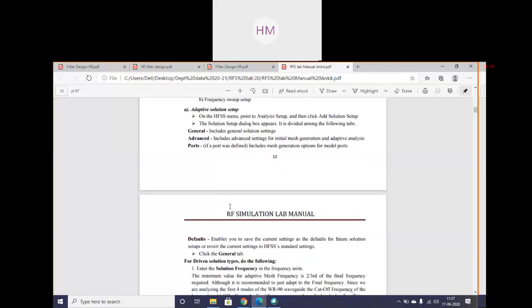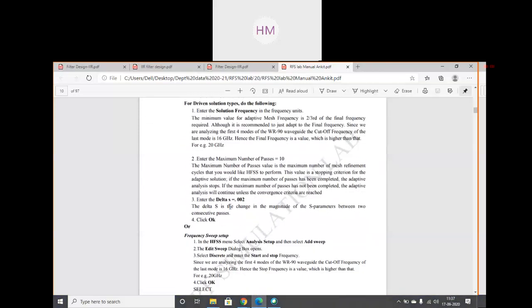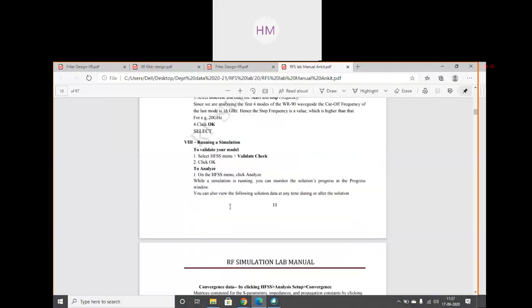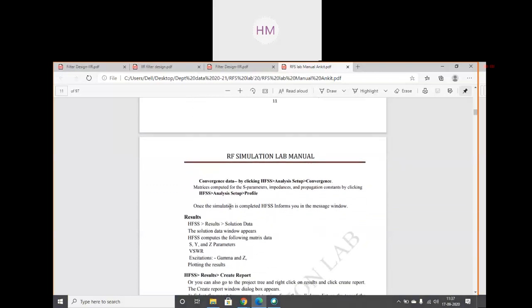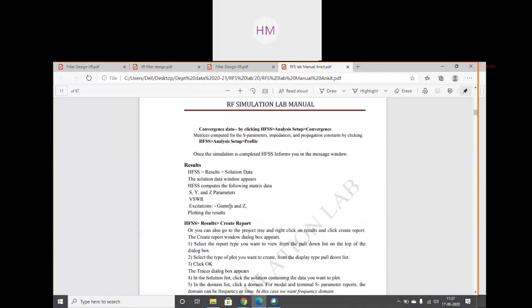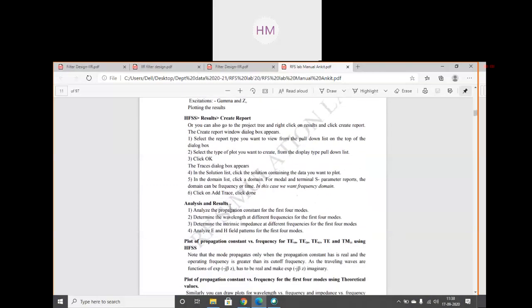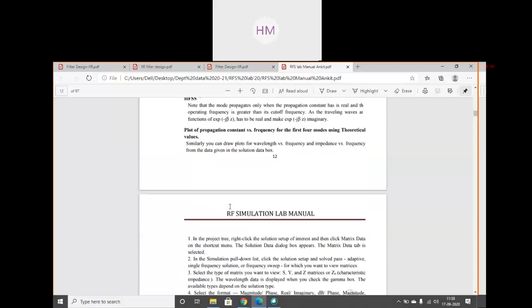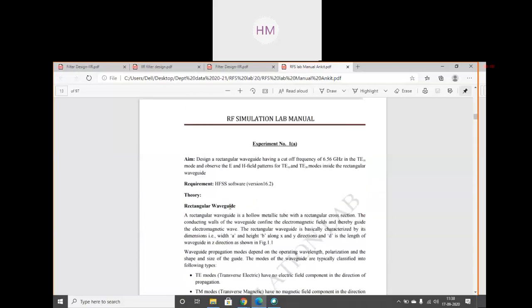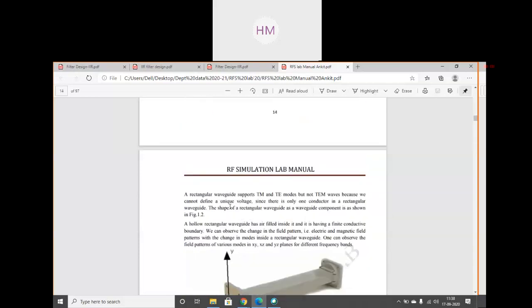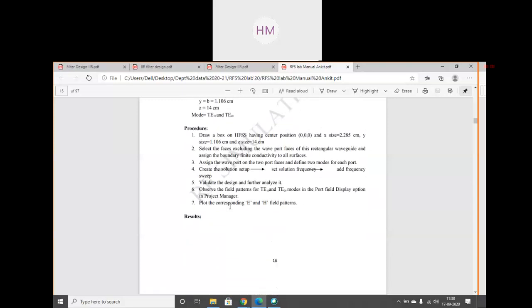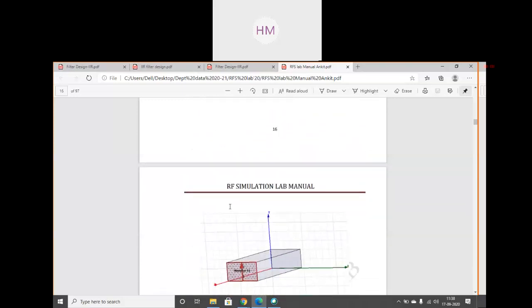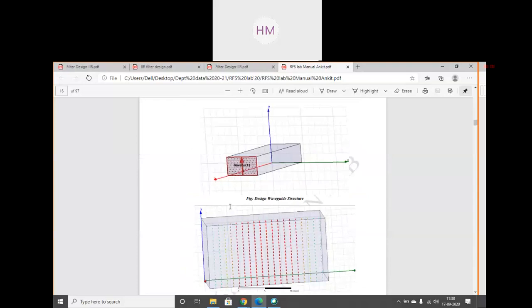We gave the starting frequency and ending frequency, and then we did the simulation: validate, check, analyze all. These are the steps which are clearly mentioned, but it needs practice. Open your HFSS software and start doing this experiment.